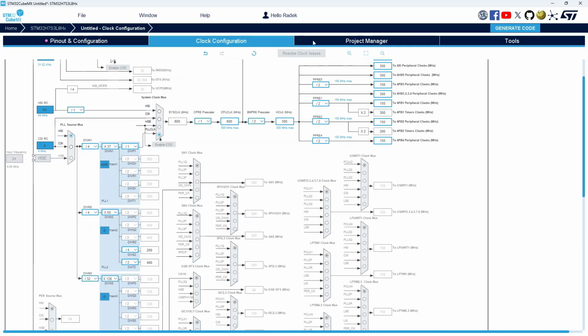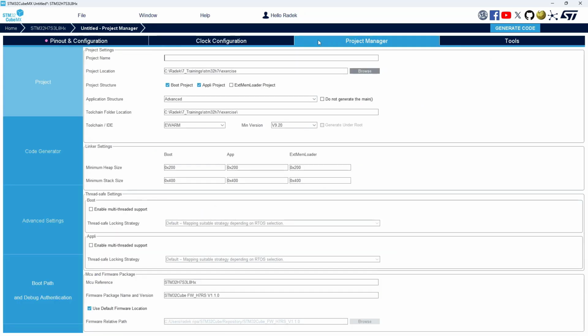So the last operation which we want to do inside CubeMX is to go to the project manager, select the location where you want to have your project, and I will create the name of the project. Exercise 1, for example. Don't forget that we want to create the bootloader project, application project, and also the external loader project, because so far we have no external loader. In case you already created an external loader for this board, you don't need to create the external project,